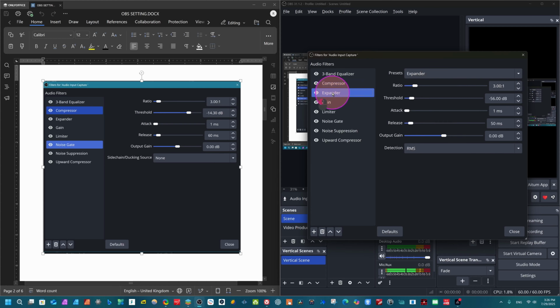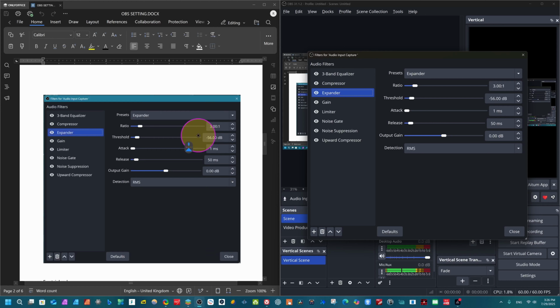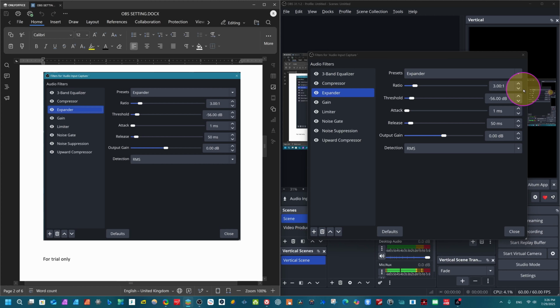Now we come here for expander. You can see here now we have expander settings. I don't touch this because I have explored a lot, and after spending so much time and years, I have researched all this, and I think this setting may be applicable to most of our friends, because this is very difficult and tricky, and it takes a lot of time, and you may still not set it up properly. And this is possible only in OBS Studio. You can control every aspect of your audio.